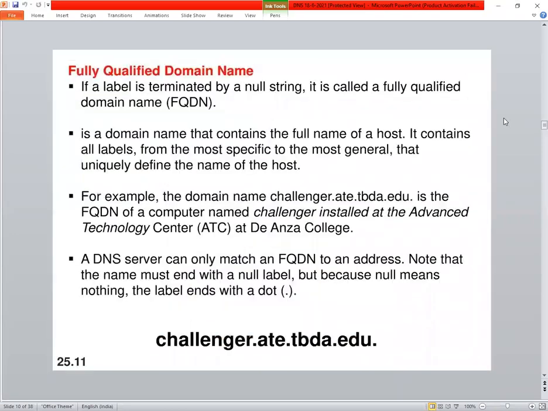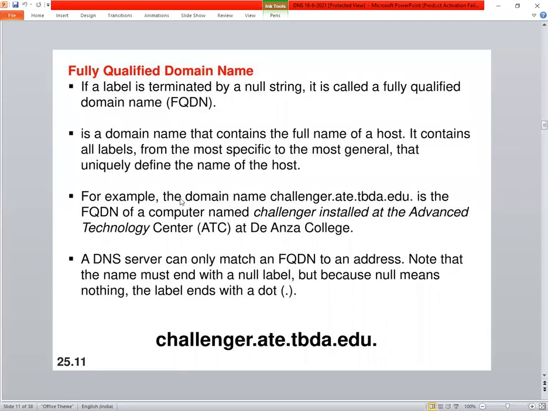Okay, let us see what is fully qualified. If a label is terminated by a null string, it is called a fully qualified domain name. It is a domain name that contains the full name of the host, and it also contains all labels from the most specific to the most general that uniquely define the name of the host.